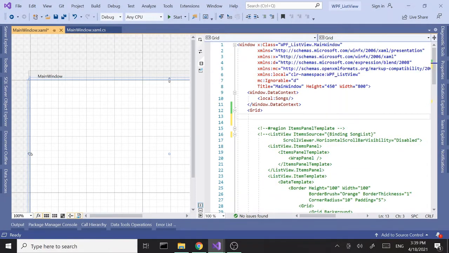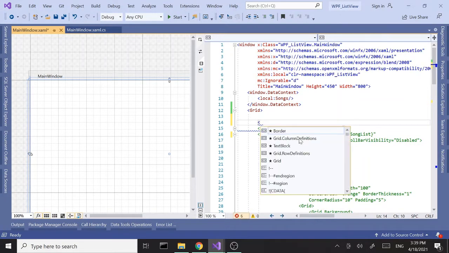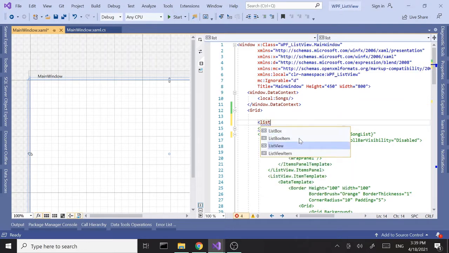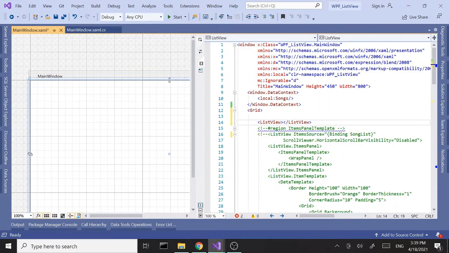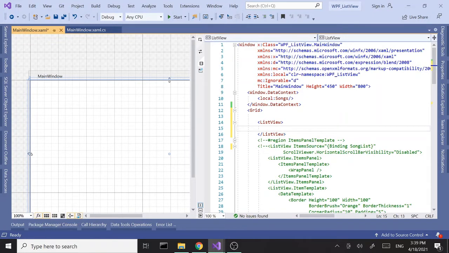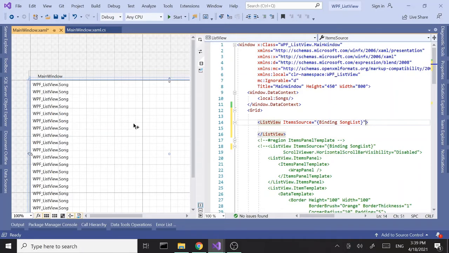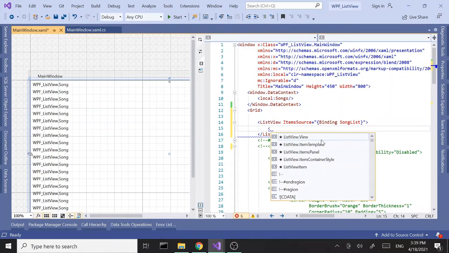Okay, so I'm going to create another list view. I'm going to open and close it, and let's copy the item source from the previous example. Now we have our item source right here, and I'm going to leave that there. For this one we are going to use a different layout. So I'm going to use this property ListView.View